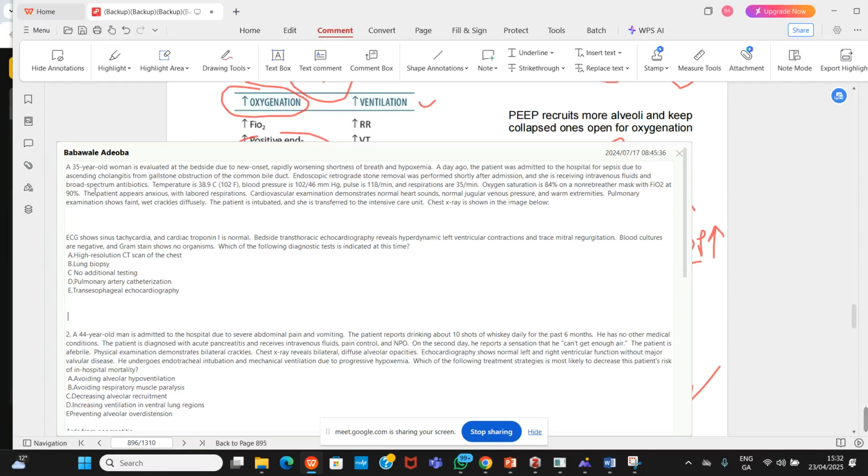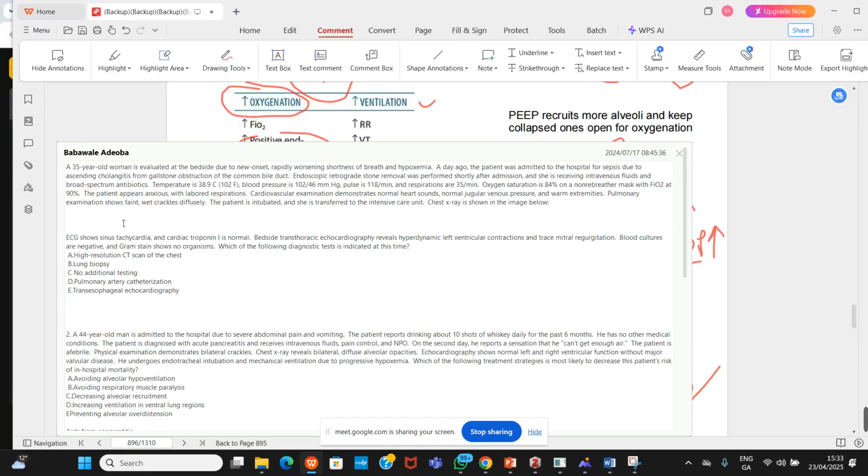A 35-year-old woman is evaluated at the bedside due to new onset, rapidly worsening shortness of breath and hypoxemia. A day ago, the patient was admitted to the hospital for sepsis due to ascending cholangitis from gallstone obstruction of the common bile duct. Endoscopic retrograde stone removal was performed shortly after admission, and she's receiving IV fluids and broad-spectrum antibiotics. Temperature is 38.9, blood pressure is 102, pulse is 118, and respiration 35. Oxygen saturation is 84 on a non-rebreather max with FiO2 at 90%. The patient appears anxious with labored